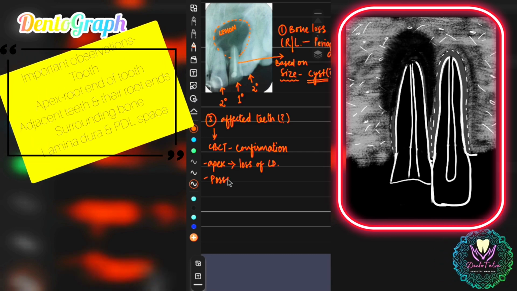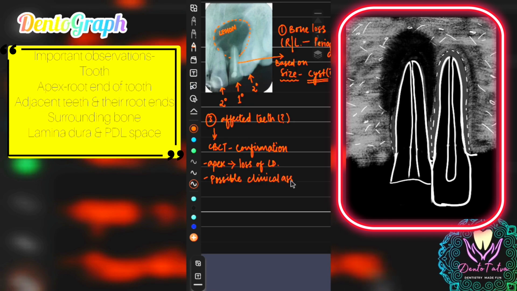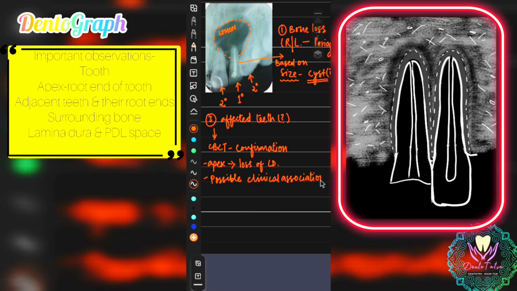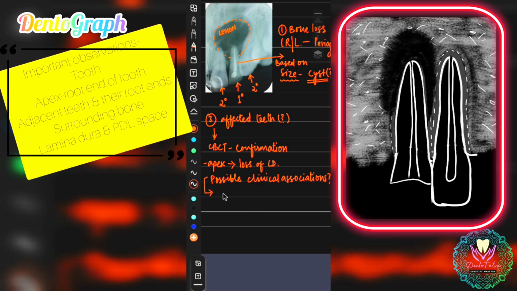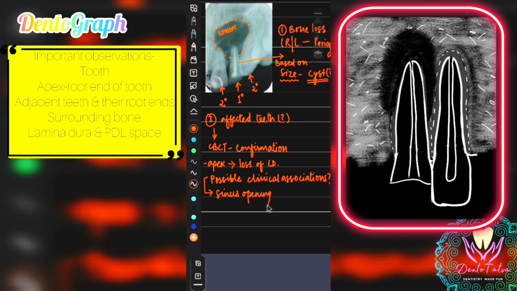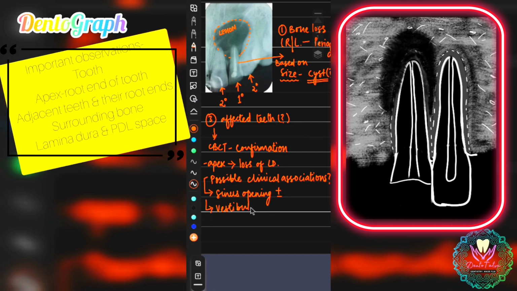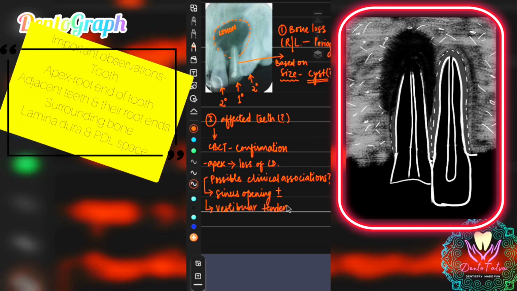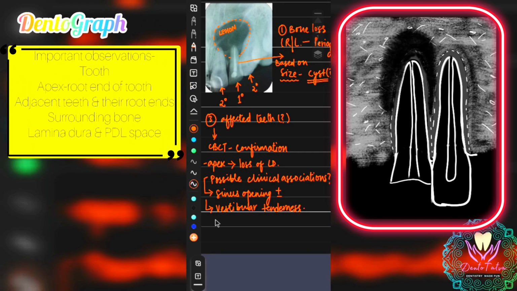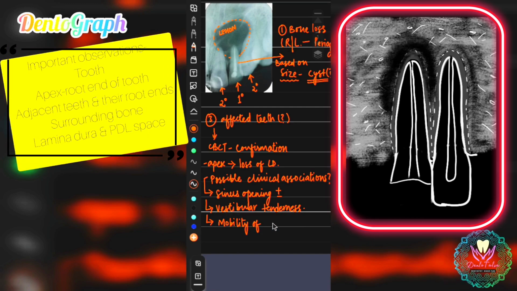But the confirmation will be done when we have approached the lesion surgically and taken a sample, either if it is a fluid filled cavity, or the granulomatous tissue that is obtained once the cavity is opened. That sample could be given to the oral pathology department and then they can make the